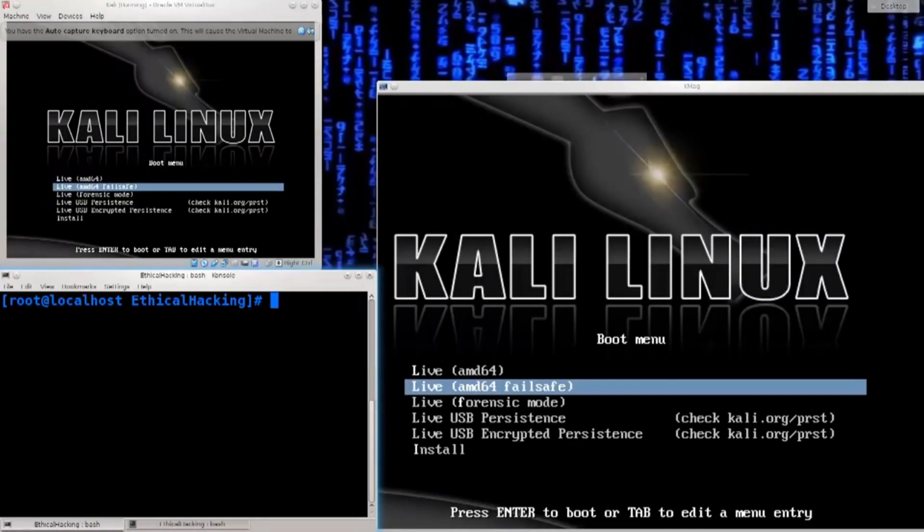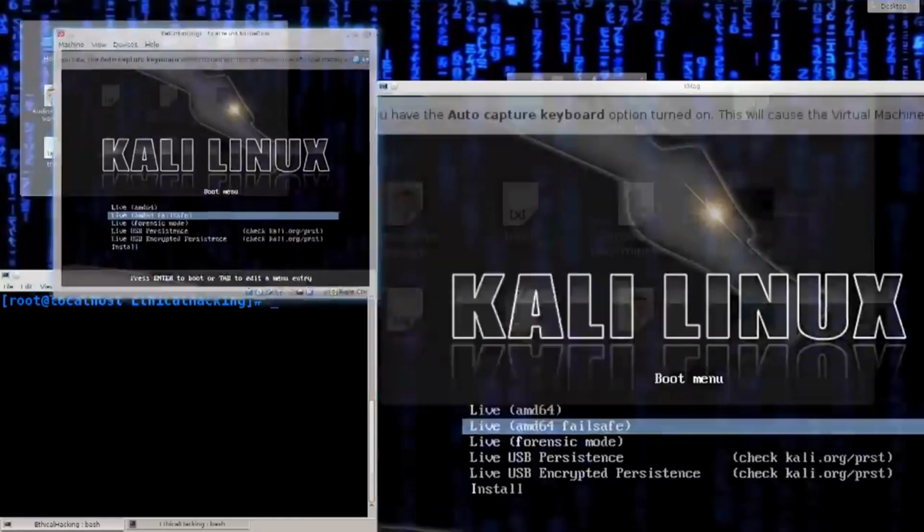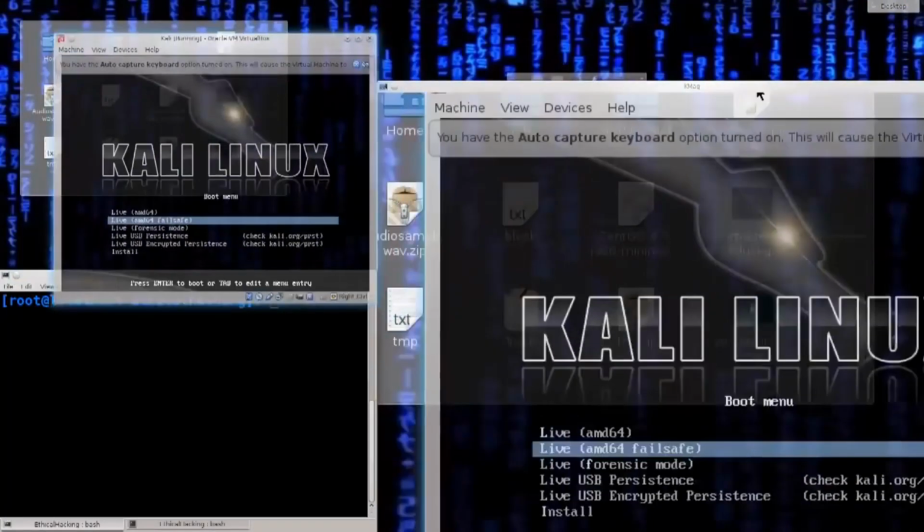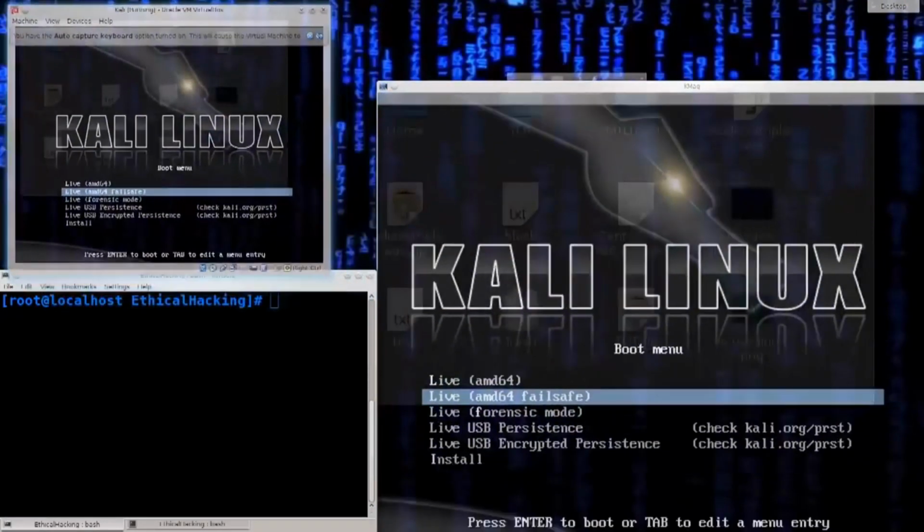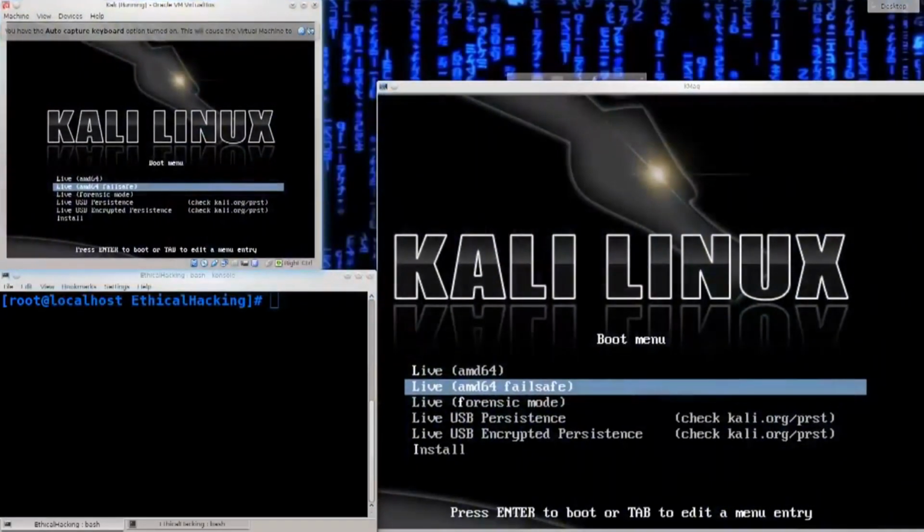You might have noticed that I have two screens on which it is written Kali Linux, and they are exactly the same except one has a bigger font and a zoomed in picture, so to say. Over here on the left side, this is my virtual machine, the window that I'm moving now. This is the actual virtual machine, and the window on the right side is just a zooming in app that I have installed in order for you to be able to better see what I am about to show